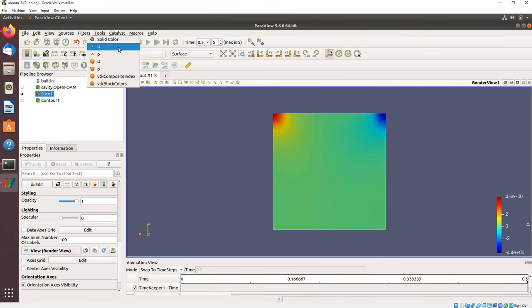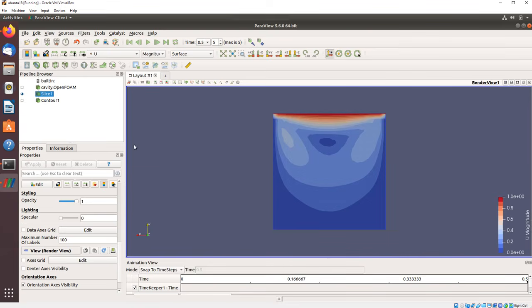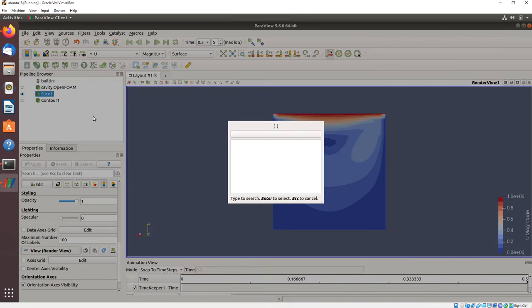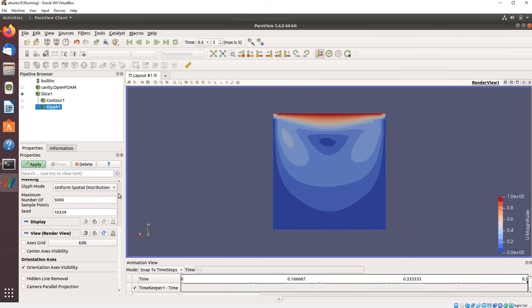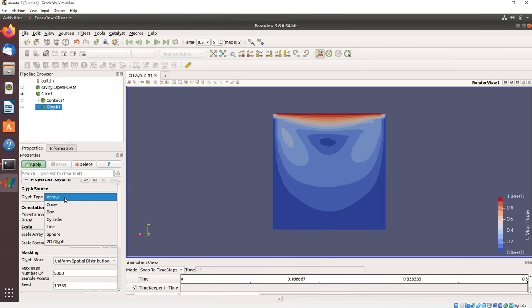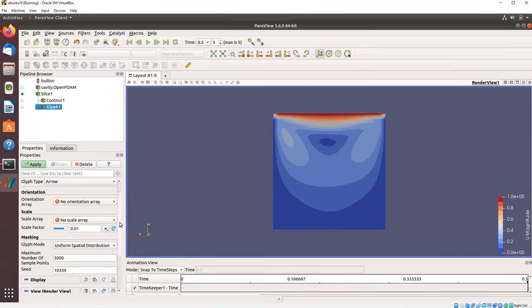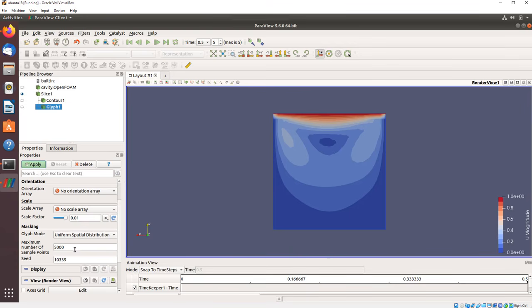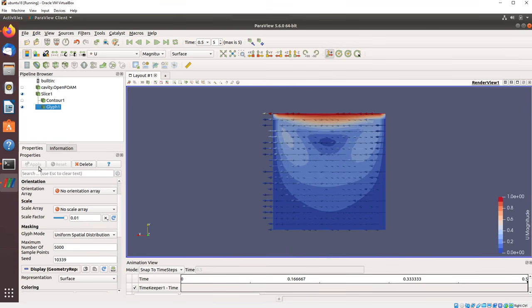This time I'll be looking at the velocity, and I will again press Control space to get the glyph. So the glyph is the vector type of plot. So I click on that. And here on this side, I can choose the type of glyph I want. So I choose arrows. Let's just click apply just to see what I get. So now I get two layers activated. I see one on top of each other,